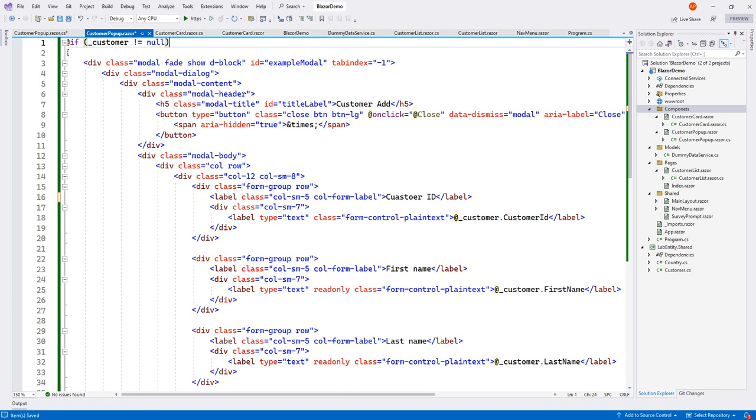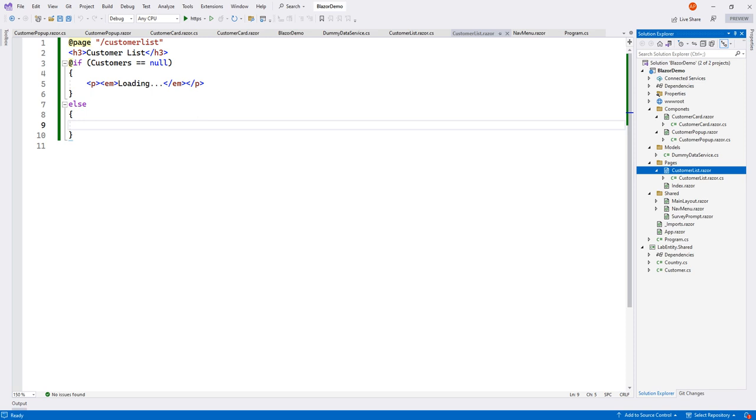And as we have written, if it's null, then nothing will be shown here. So Blazor will do the job. If null, then the pop-up is going to be closed. Now the pop-up part is also done, and customer card is also ready. Now let's use this customer card inside our customer list. So in our else section, what we can do,